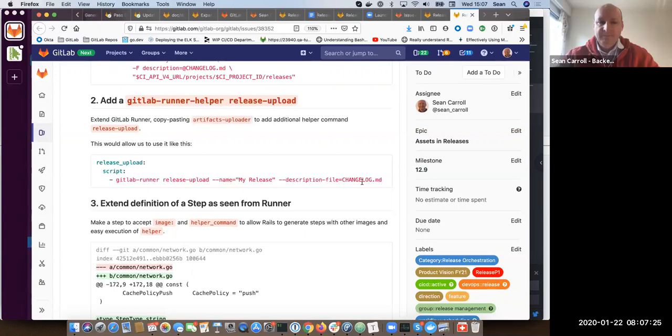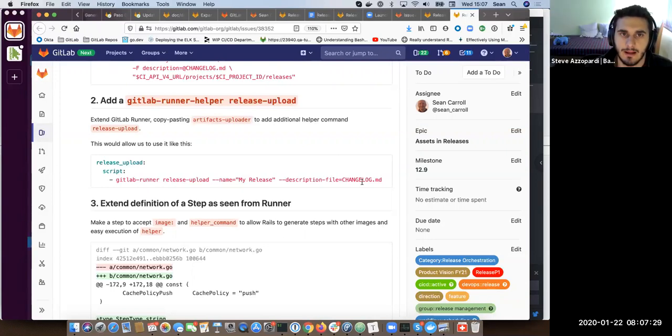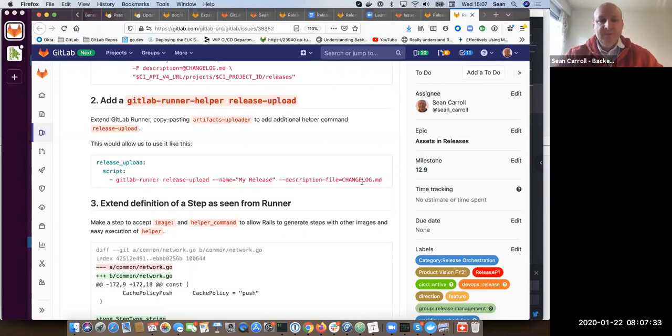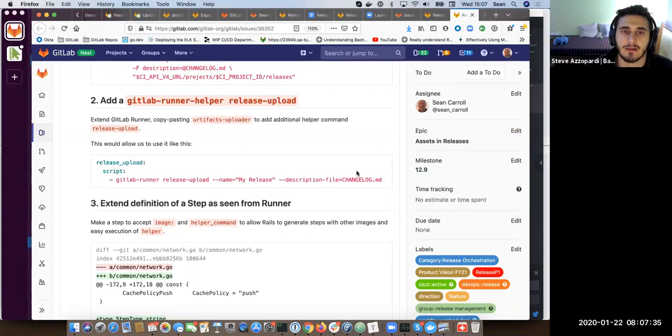So the first MVC would be, we will just have a CLI tool to make it easier for you to create releases. Now, we expose that CLI tool. The users have to update their GitLab CI YAML file and the script to use the CLI tool. Now, the CLI tool will have flags like name, description, assets, for example, and so on and so forth. And then in the next iteration,